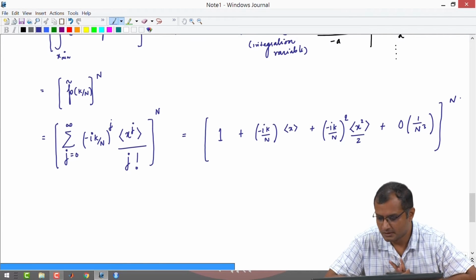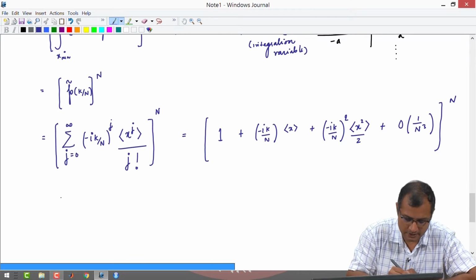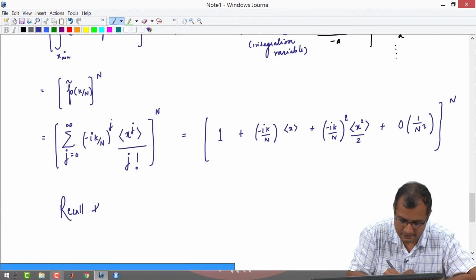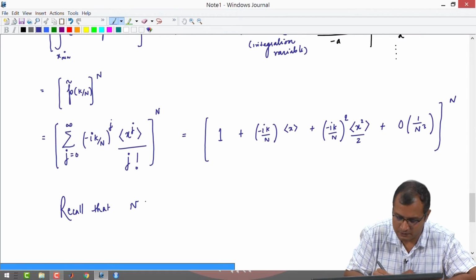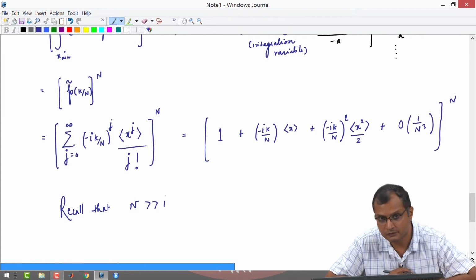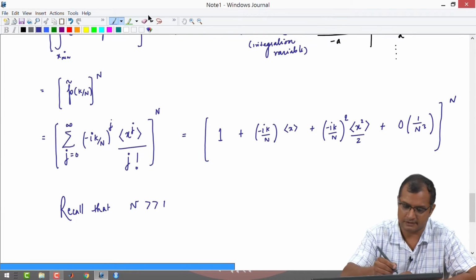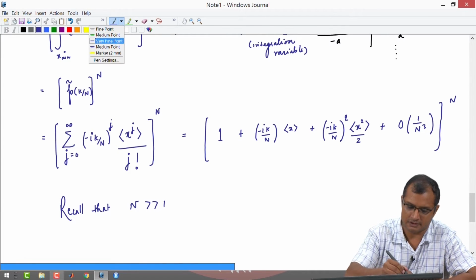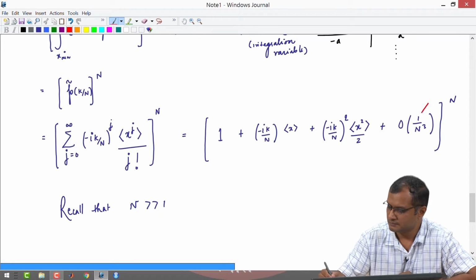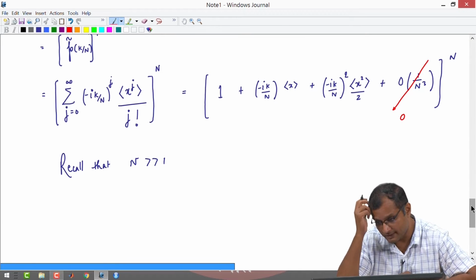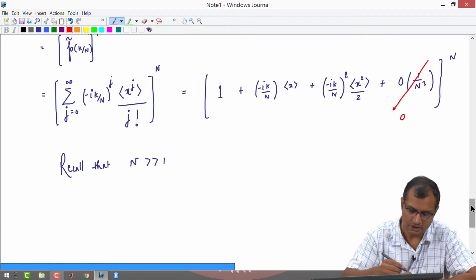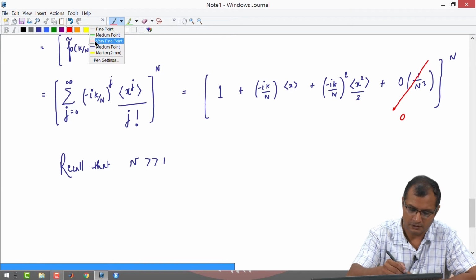Now, recall that our assumption was we had taken n to be much larger. That was the assumption. We are going to derive the central limit theorem for very large n. If that is the case, I can drop the terms of the order 1 upon n cube in comparison to 1 by n square and 1 by n. So, when you drop this, you get